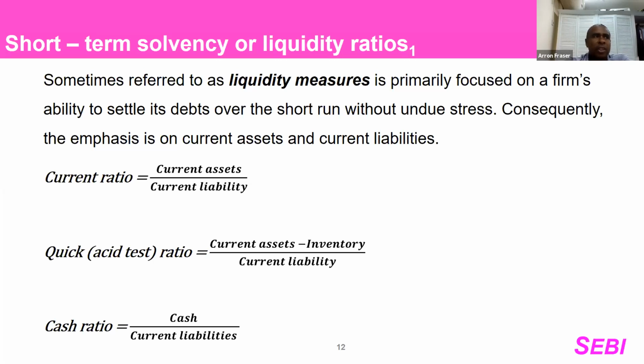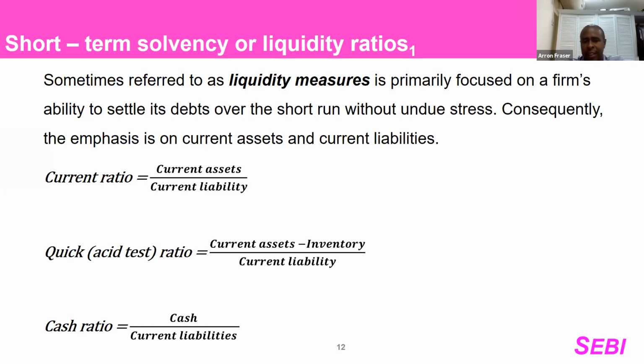Included in inventory might be things such as obsolete inventory, which is of no use, damaged inventory, slow moving inventory. So that's the premise on which this particular ratio is built, but it gives you a better look at what your